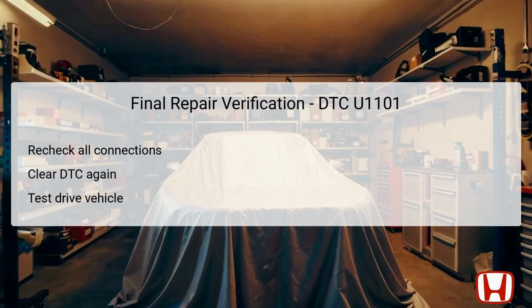U1101. After completing repairs related to the FCAN malfunction coded as U1101, final verification is essential for confirming the accuracy of the repair. The first step involves ensuring all connections are secure and properly fitted, as anything loose may reintroduce the previous error. Following this, the technician should clear the DTC once more using the HDS to reset the vehicle's diagnostic memory. It is also critical to take the vehicle for a test drive to monitor its performance under various